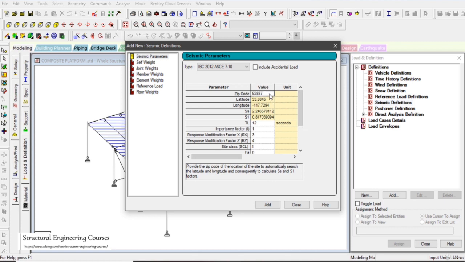Here STAAD can define the SS and S1 parameters. SS is the mapped MCE 0.2 second spectral response acceleration, and S1 is the mapped MCE 1 second spectral response acceleration. As per the zip code, latitude and longitude, STAAD can tell you the value of SS and S1. That is why these values are highlighted in this yellowish orange color, because they depend on the zip code only. So when we enter 92888,